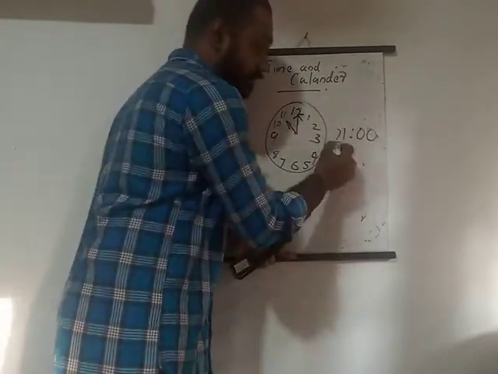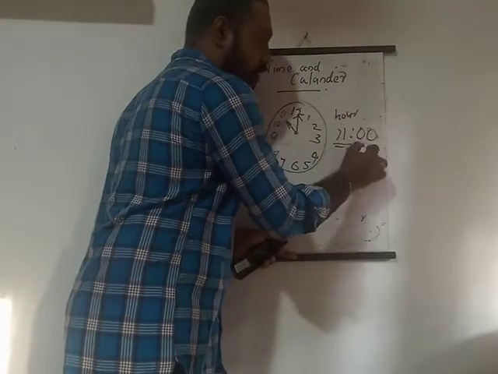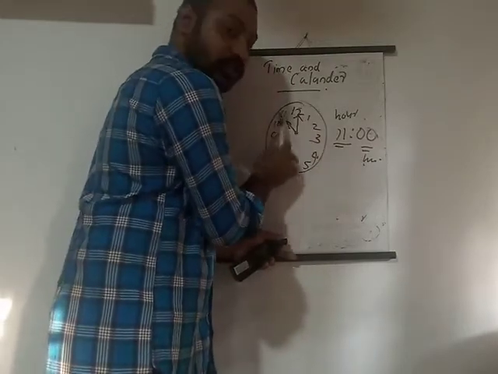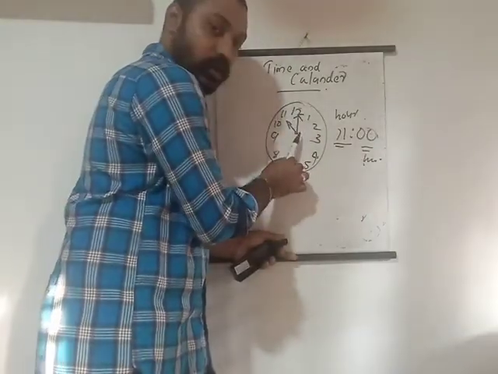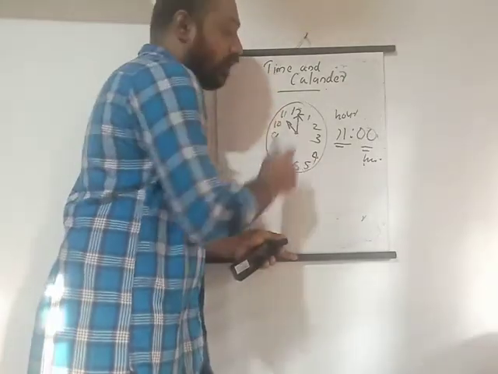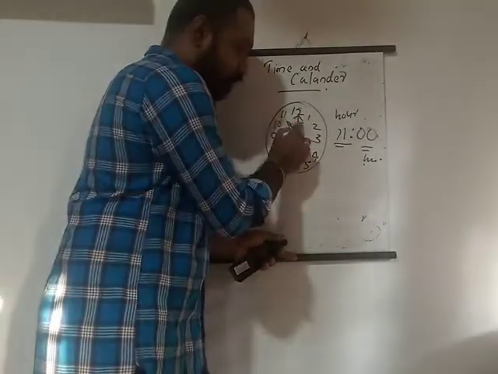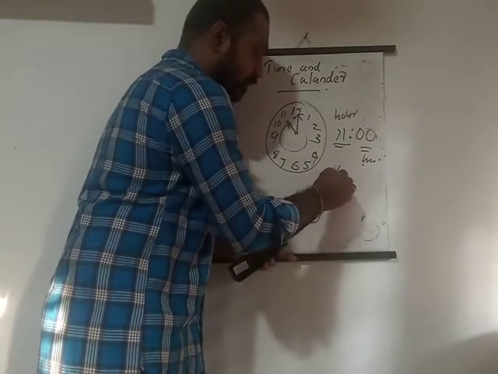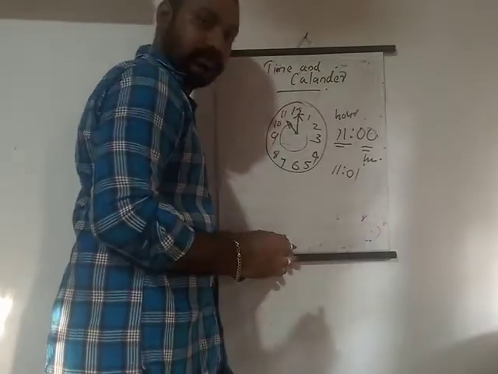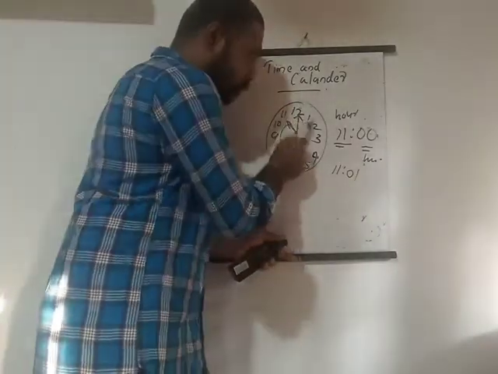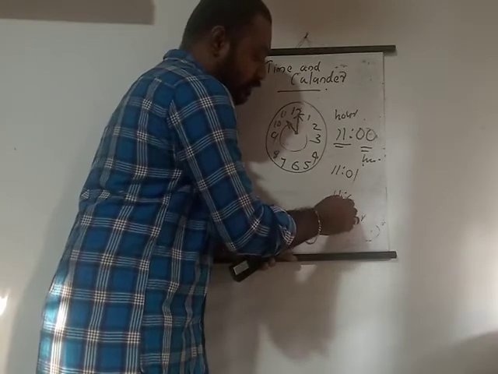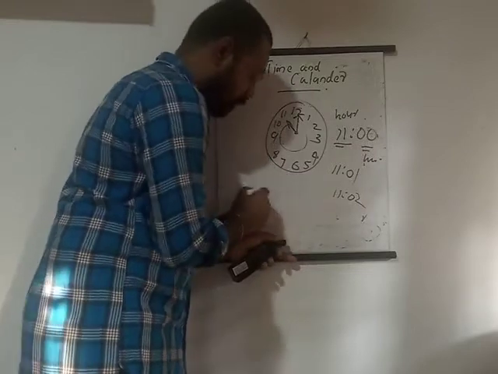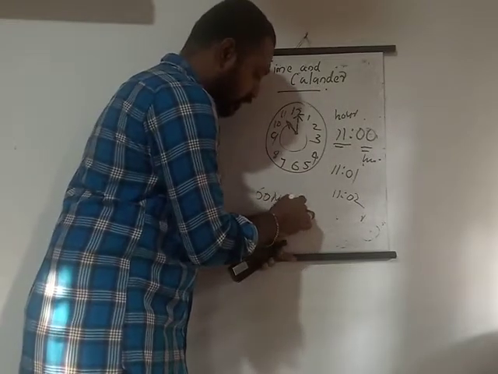We will write it as 11, it is the hour, and this is the minute. When the hour hand is on 11 and the minute hand is on 12, it will be read as 11 o'clock. Understand? So this is 11 o'clock. When our minute hand moves and completes one revolution, it goes to 11:01. Then again it moves, and it becomes 11:02. Like that, it will complete a full rotation. That means it makes 60 minutes.